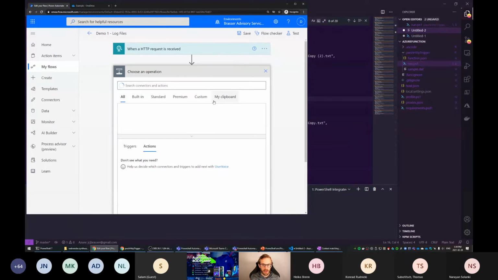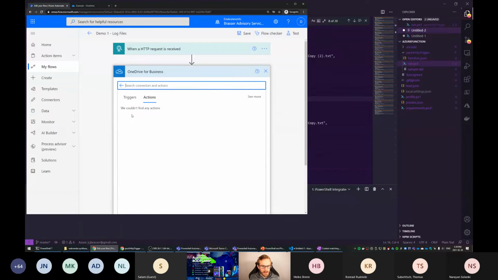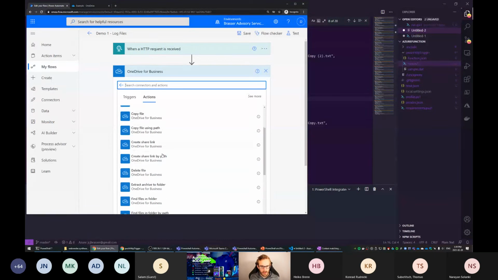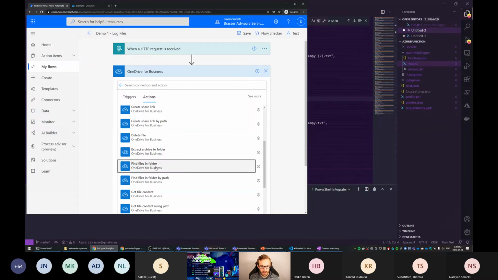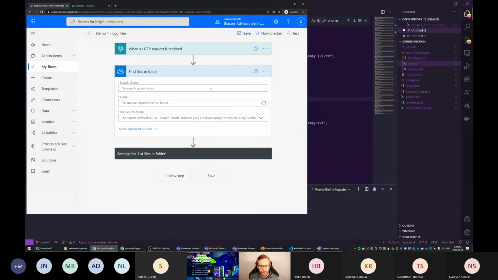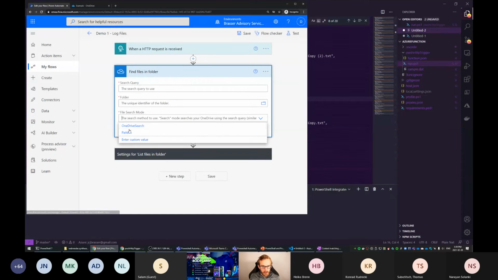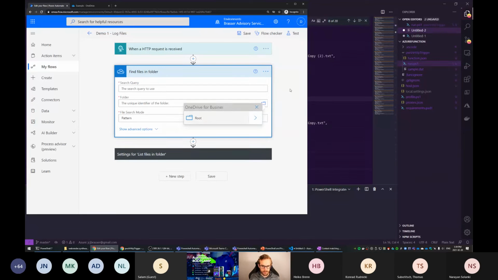action here, so let's take a look at the OneDrive for Business, and then we're going to search for files, find files in folder. We'll have to enter a number of things. So we have to choose whether we do a OneDrive search or a pattern. In this case, a pattern would be a regular expression pattern. If you're not familiar with regular expressions, if you can, keep it that way, because it's hardly ever fun to